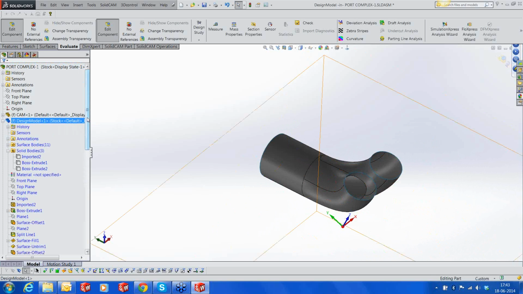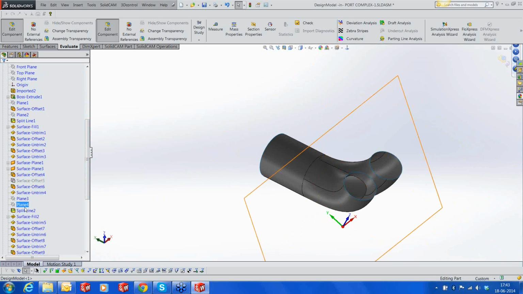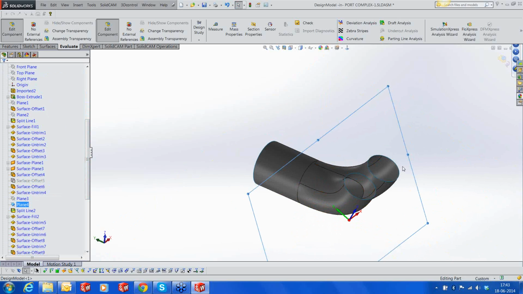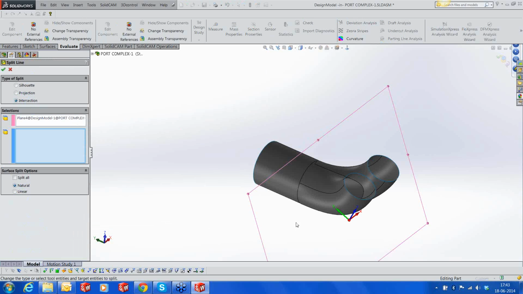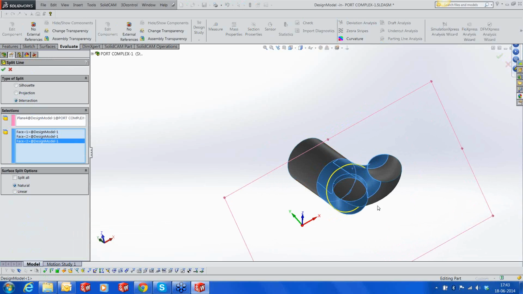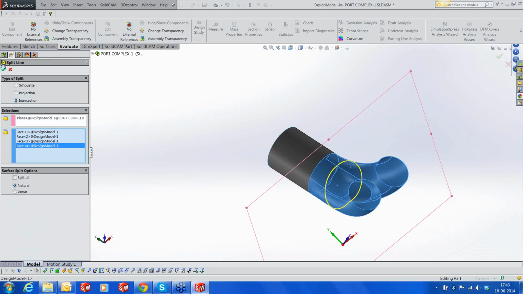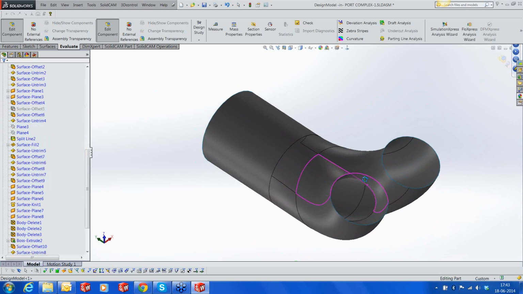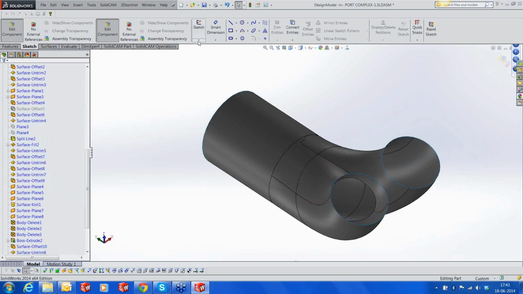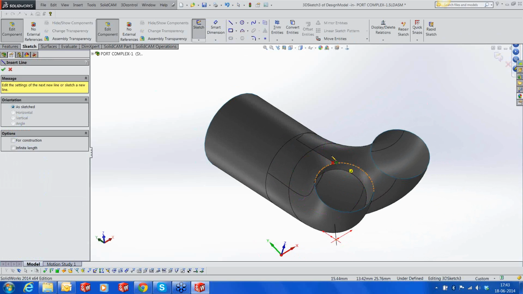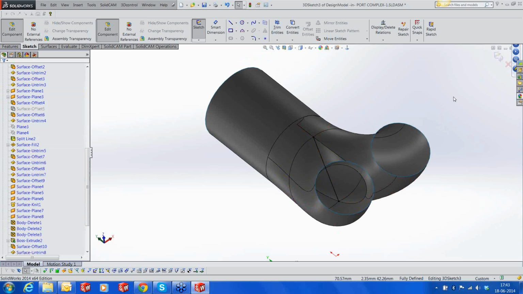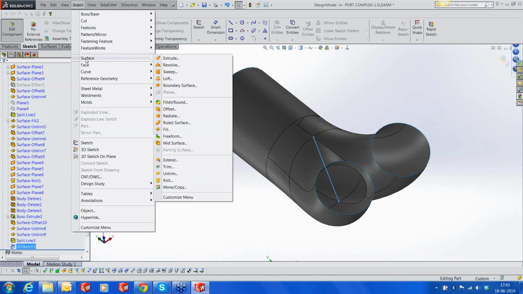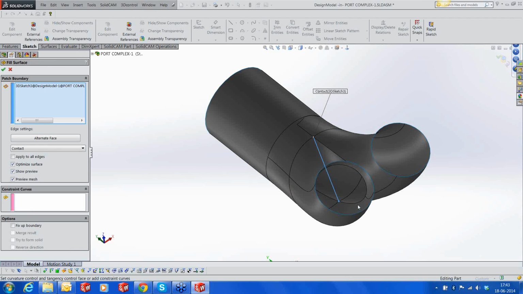Very simple. I have a plane with me out here. This plane, I'm going to just split the surface into two halves to ensure that I get single tubes. So I'll use the curve split line. I'll pick the geometry that I need to split into two. That's it. And using a 3D sketch, I'll just create a simple line. Start and end at those 2 points. Perfect. That's done. We'll now create a filled surface between